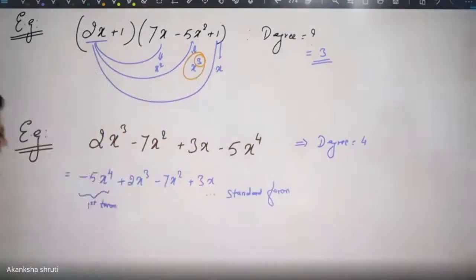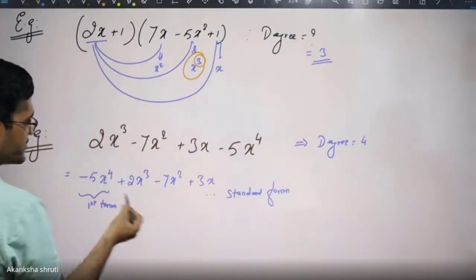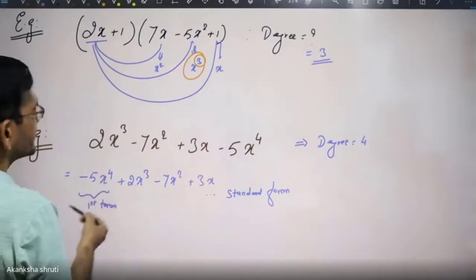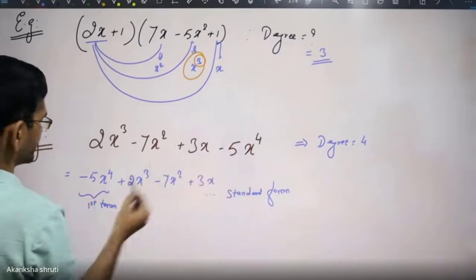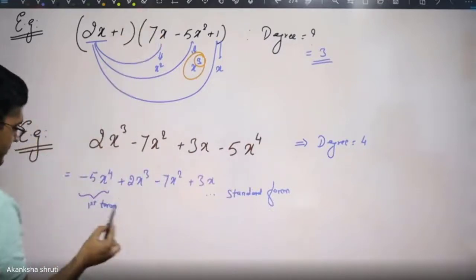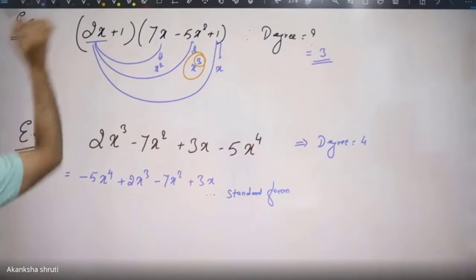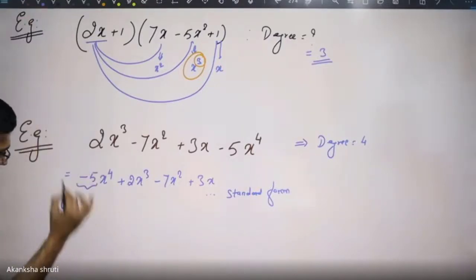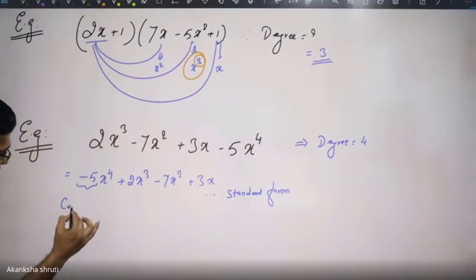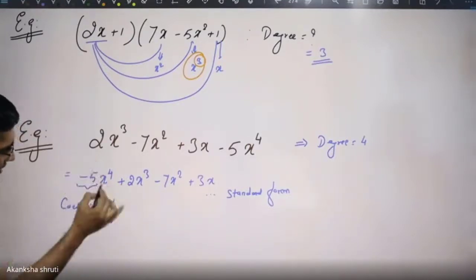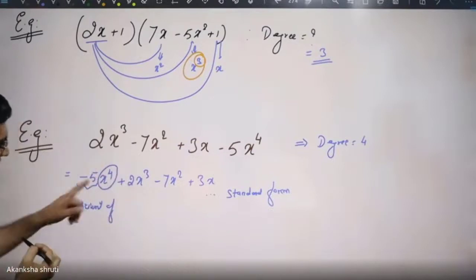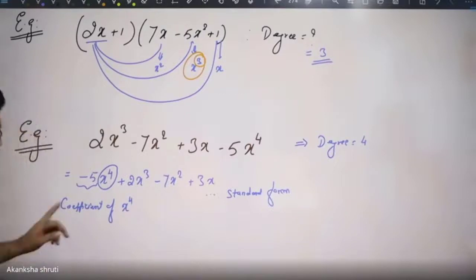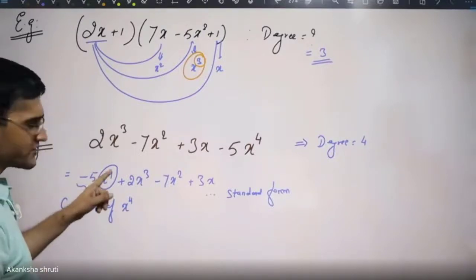So from here, if anyone is going to ask for the first term, always express this in the standard form, then tell it. Do not compare it directly. That is the habit we have to keep. In this term, this is the coefficient. So here we define various things. The coefficient of which one? Whatever this entire x to the power 4 is, you need to write collectively. It is not the coefficient of x, it is the coefficient of x to the power 4.